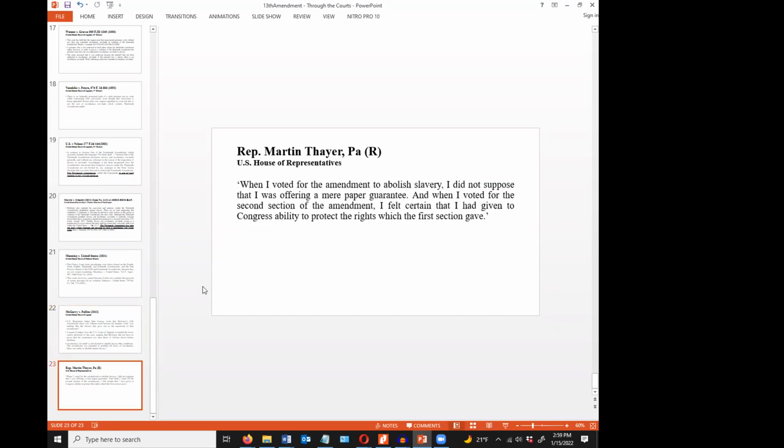So just in closing, I'd like to quote what Representative Martin Thayer of Pennsylvania said when they established the 13th Amendment. He said, when I voted for the amendment to abolish slavery, I did not suppose that I was offering a mere paper guarantee. And when I voted for the second section of the amendment, I felt certain that I had given to Congress ability to protect the rights which the first section gave. So again, going back to the intention that this wasn't meant to be symbolical, it was meant to be